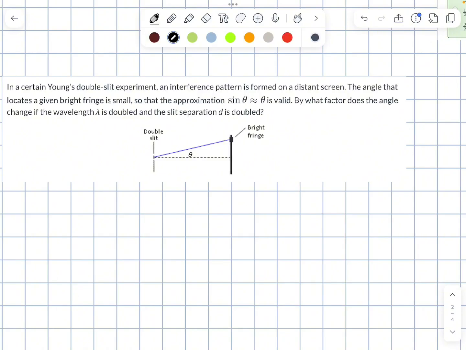Alright, so we're going to go ahead and move on to the second problem of homework 6b. It states, in a certain Young's double slit experiment, an interference pattern is formed on a distant screen. The angle that locates a given bright fringe is small, so that the approximation sine theta is approximately theta is valid. By what factor does that angle change if the wavelength lambda is doubled and the slit separation d is doubled? Alright, so we have a sketch already drawn for us, and I'm going to go ahead and draw my own,